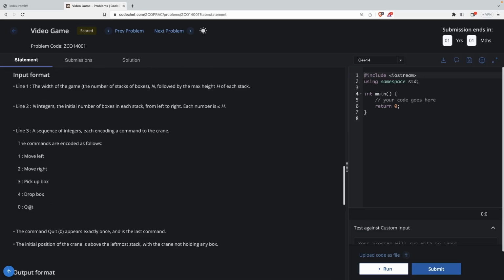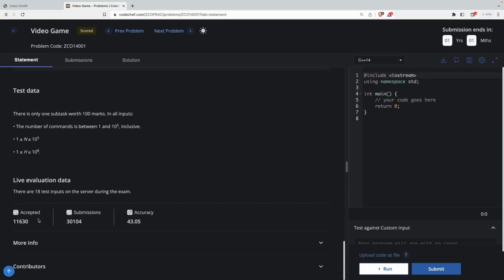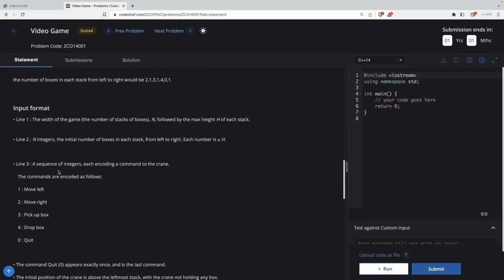What is 7 here? Looking at the input format, first is the width, number of stacks, and second is the max height of the stack, h. And then an integer, and in the second line, the number of boxes in each stack, and then